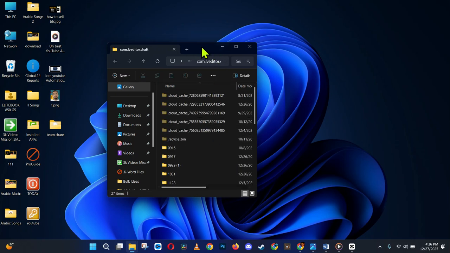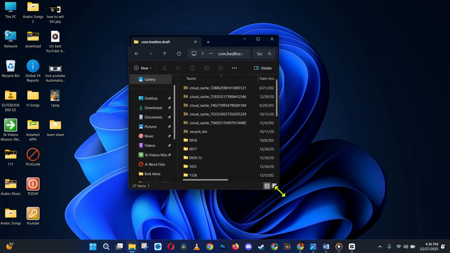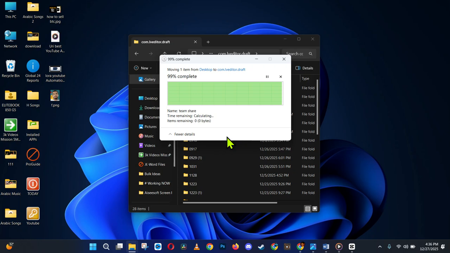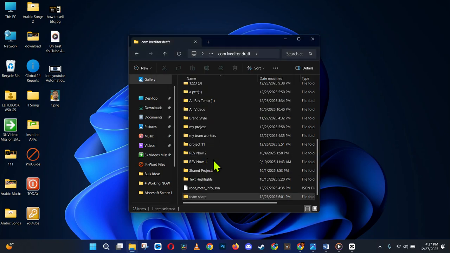After you open this folder, now you go and find the folder that the person shared with you. So now here is the folder on my desktop. So now drag the folder into your directory. So now here is the folder inside. If I scroll down, now as you can see, here is the name of the folder, team